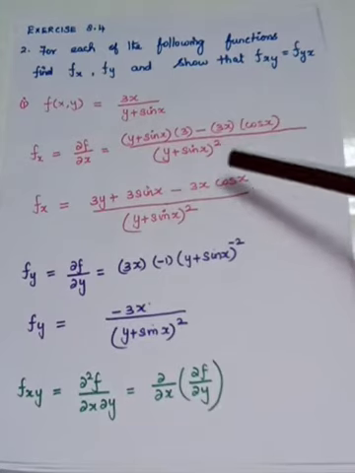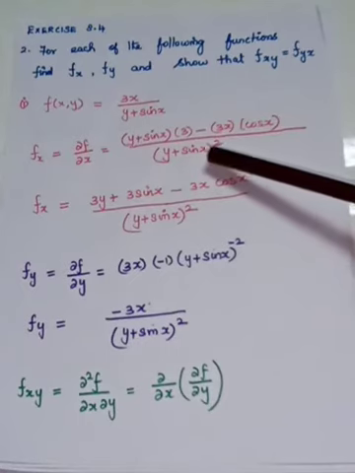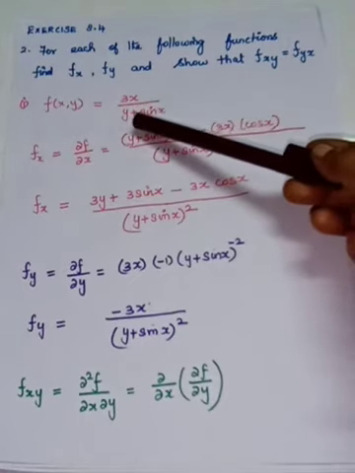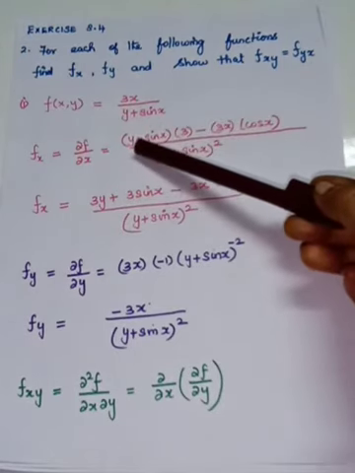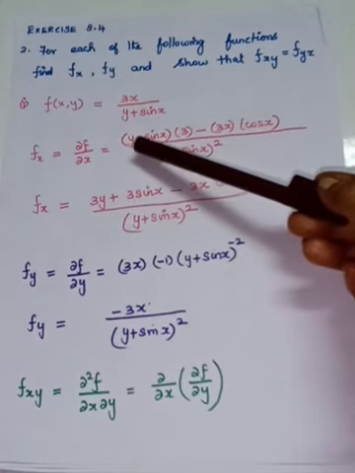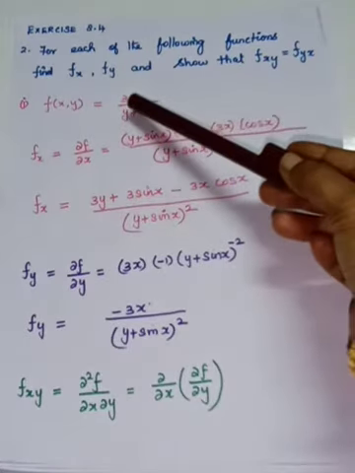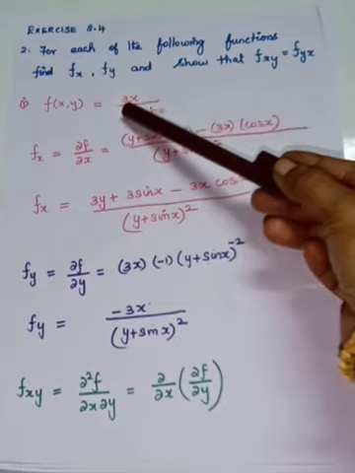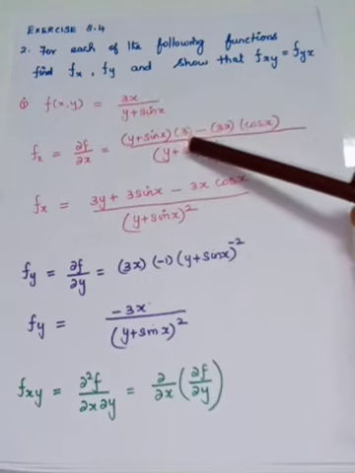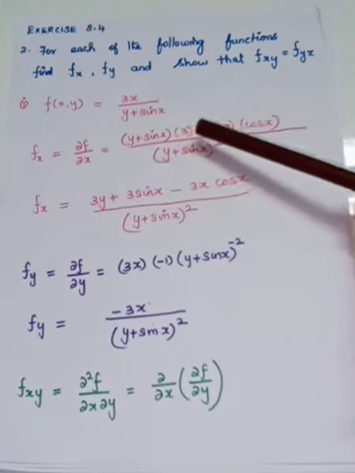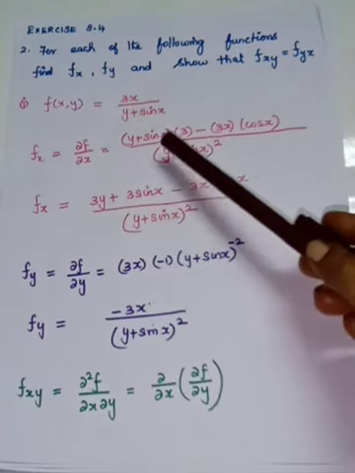In the quotient rule, the first step is the denominator: according to the formula, we have to write v squared. So what is v? The denominator, that is, (y plus sin x) the whole squared. Then come to the numerator: first v has to be written. Your v is y plus sin x. Next, you have to differentiate u. What is u here? 3x. You differentiate partially with respect to x. 3 is a constant, what is remaining is x, and the derivative of x with respect to x is 1. So the first term is over in the quotient rule.